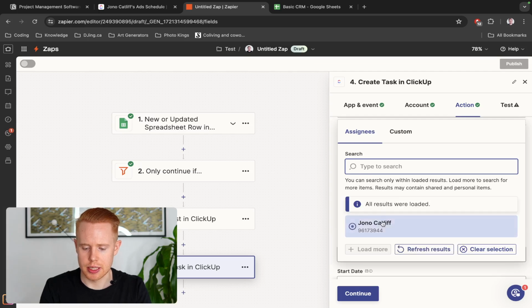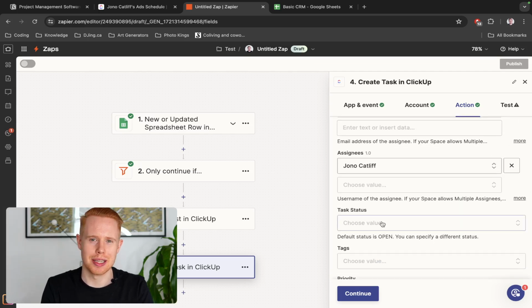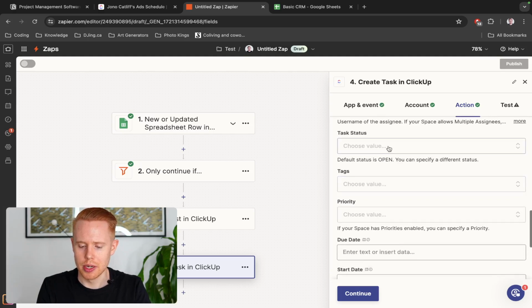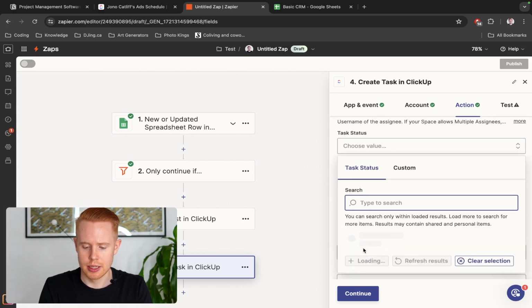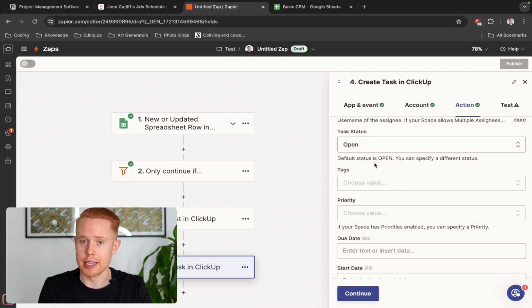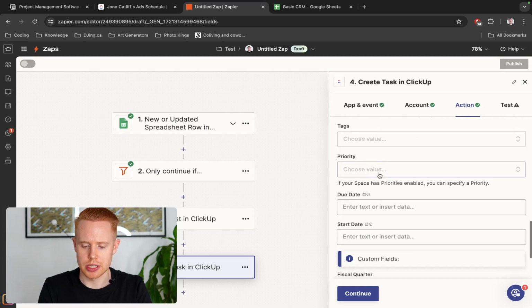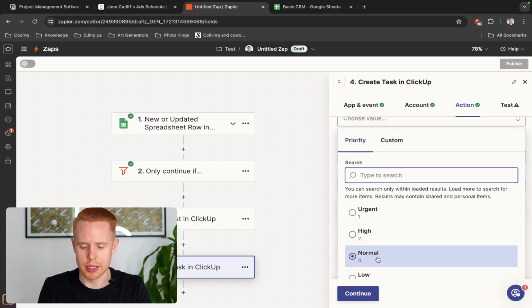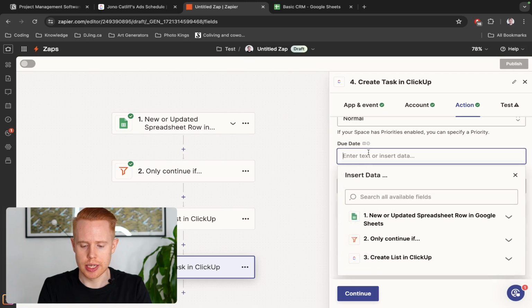And we can go by assignee email, or we can also just select the assignees. I'm just going to go ahead and select the assignees. I'm going to select myself, but you could select another team member here. Task status. We're going to go ahead and choose open. For this, you can add any tags related to the project here. Priority, I will go ahead and just select normal. Due date,